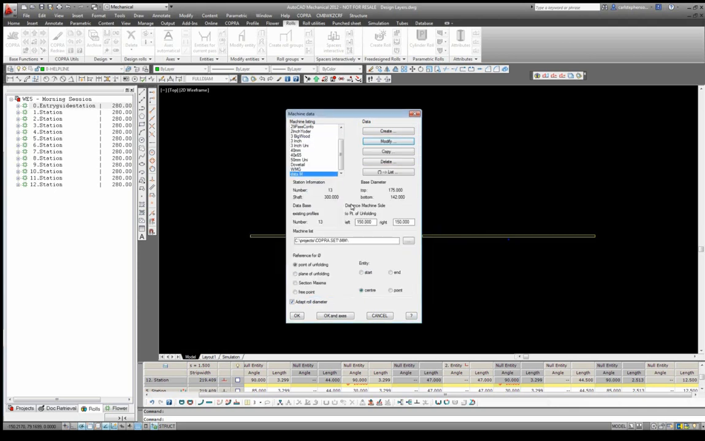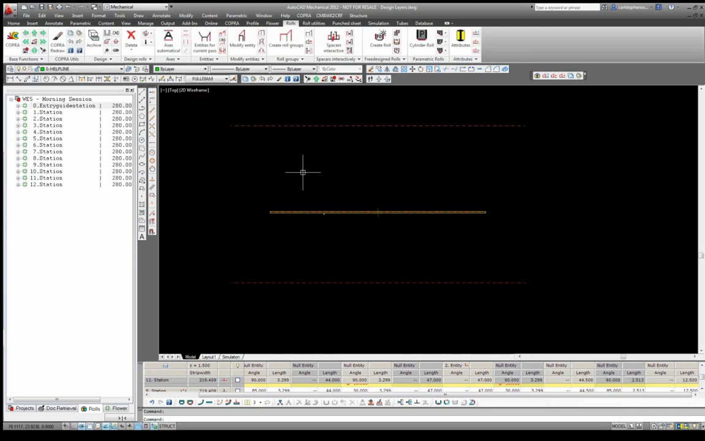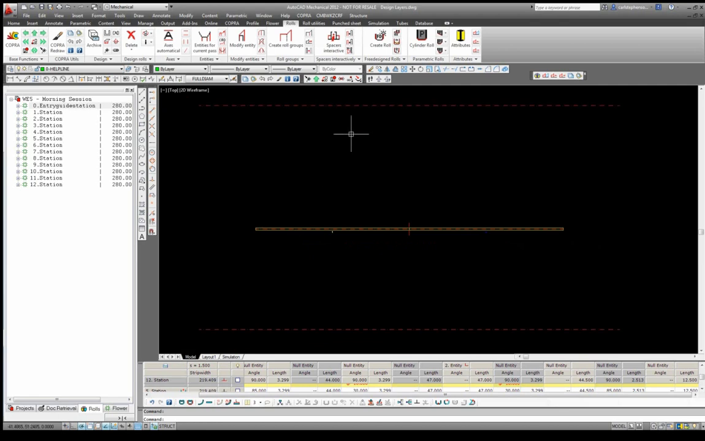My plane of unfolding will be 150 to 150, which will indicate the profile will be along the center of my 300 millimeter shaft length. The reference for my diameters will be the point of unfolding, and now I can press OK and axes. Immediately you can see our top and bottom roll axes are drawn, and now we can browse through the flower using the browsing tools